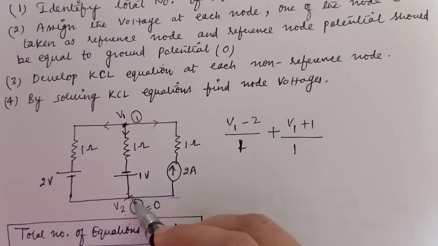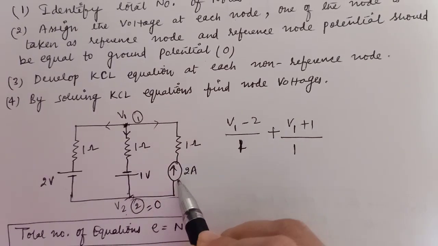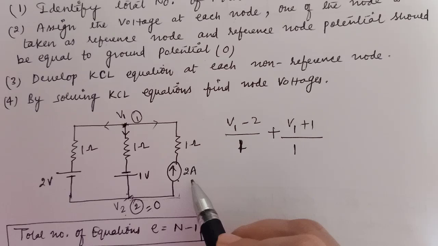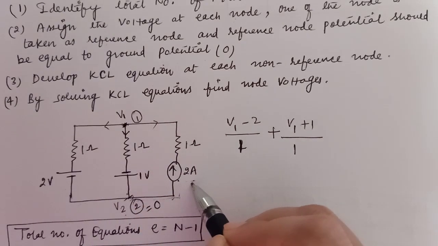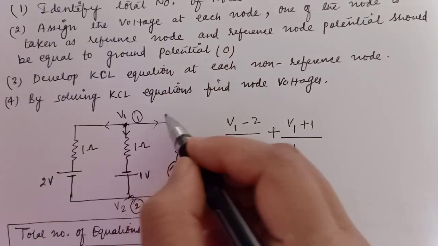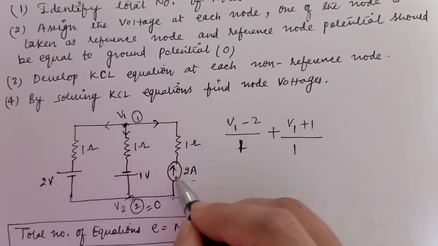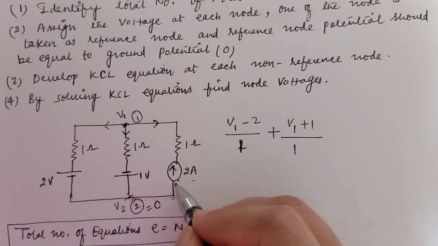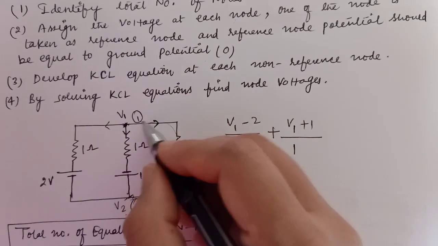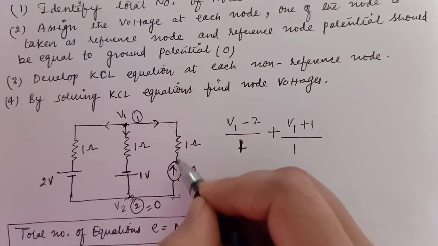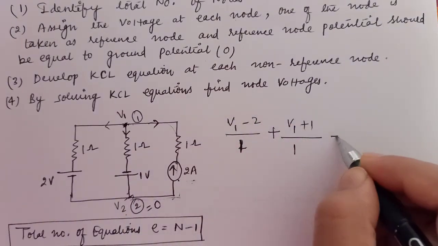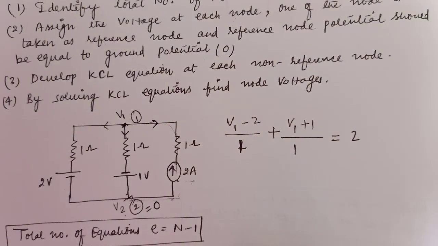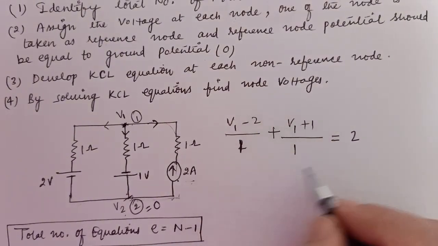Next, this current. But here one current source is connected and the value of that current source is 2 ampere, meaning in this branch 2 ampere of current is flowing. But the direction I assumed and this direction are different, and this is a current source, so this is your incoming current. The total outgoing current should be equal to the total incoming current. Clear? So now solve this equation.